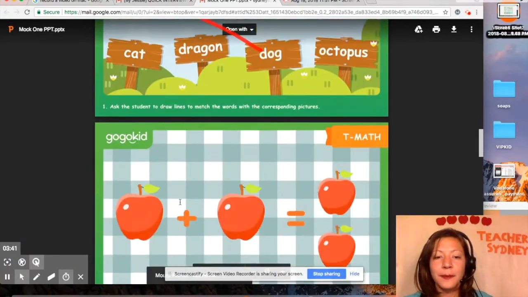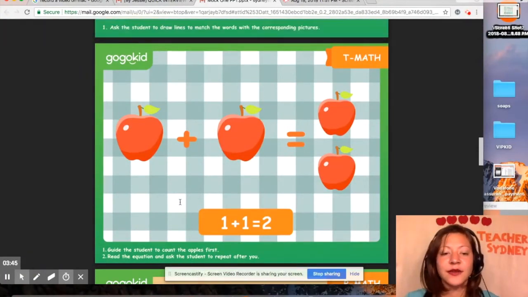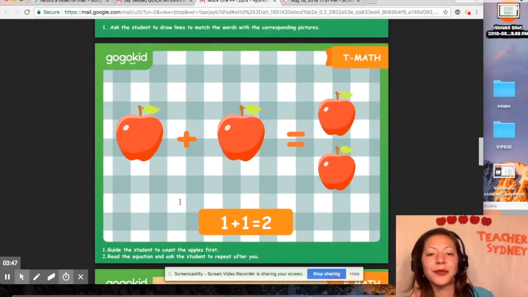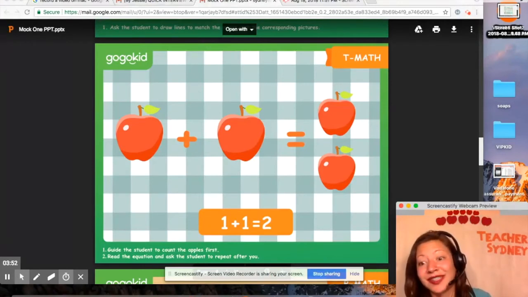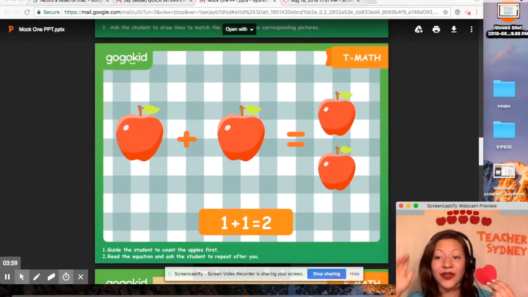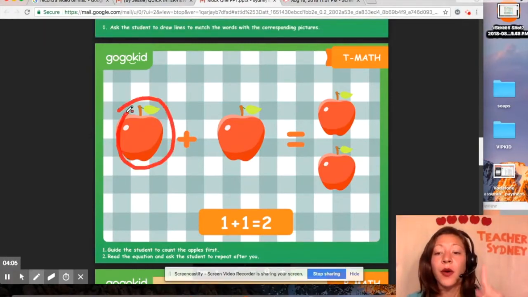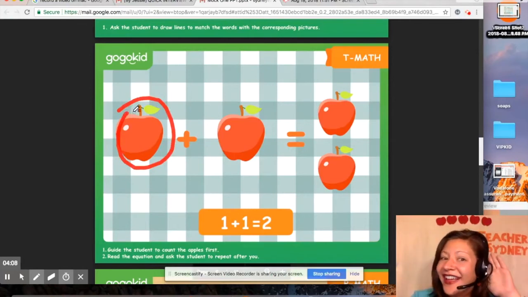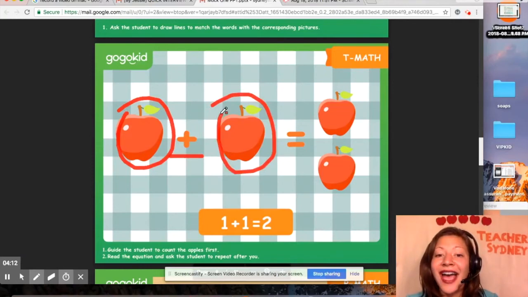All right, the math slides. The first goal of this is you want them to count the apples. You first need to introduce them to what an apple is. So I say apple. Good. 1 apple. Good. Now you can start doing your math. So 1 apple plus 1 apple